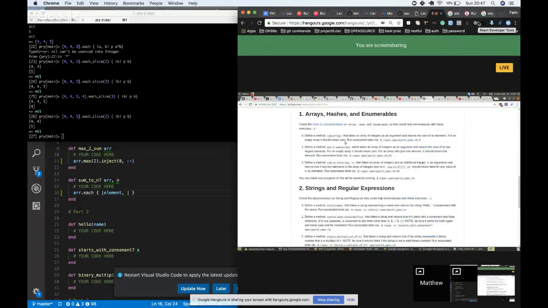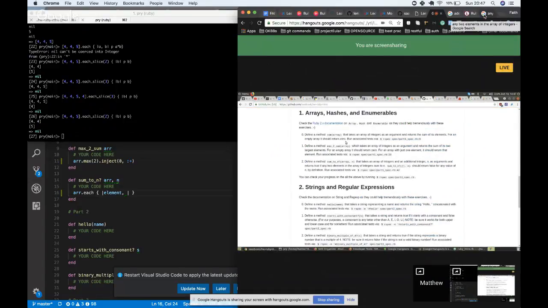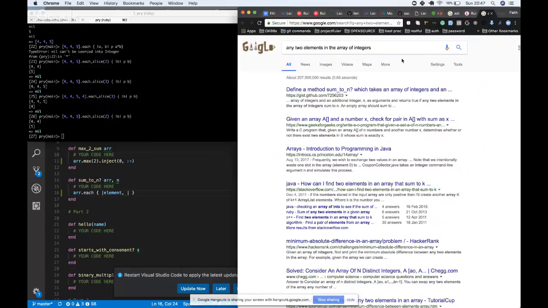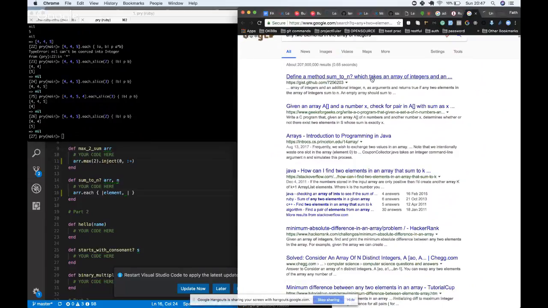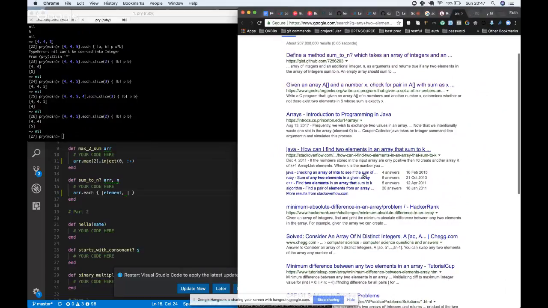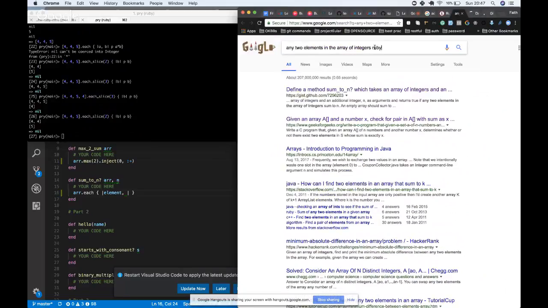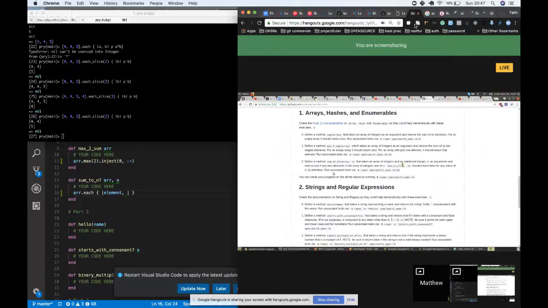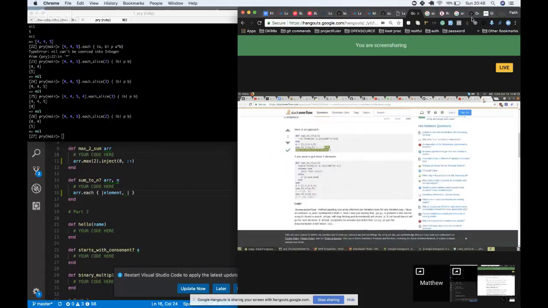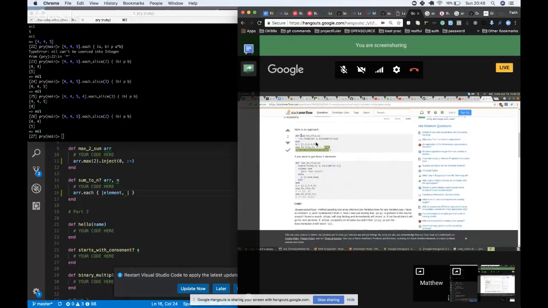So here, it returns true if any two elements in the array of integers sum to n, and then it should return false if, like, it's an empty array. Those are two things. You need to return true if it's true. So this first one here is sum to n, and they pass in the array, and they pass in n. We already have that, right? And then they say,